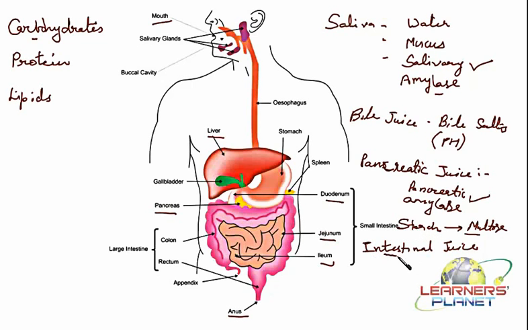Now in this intestinal juice, we can say different types of enzymes are present. For example, it is maltase, it is lactase, and another enzyme that could be present here is sucrase, and so on. So we can say specific enzymes are secreted. By the name itself, you can find out what will be the function of these enzymes in the digestion of carbohydrates.